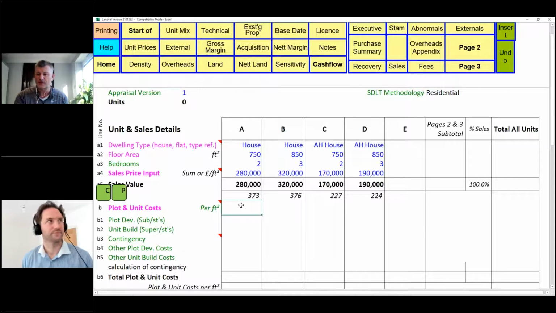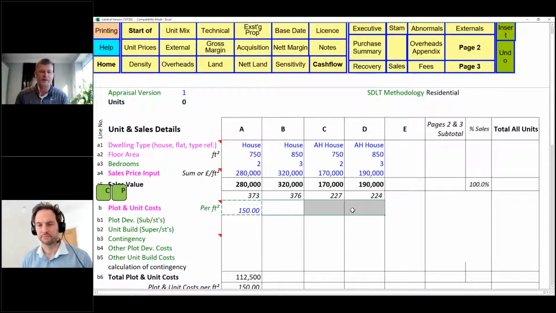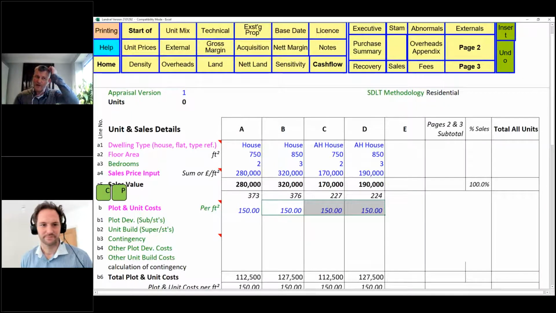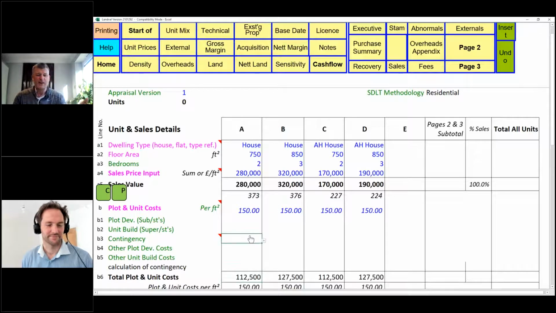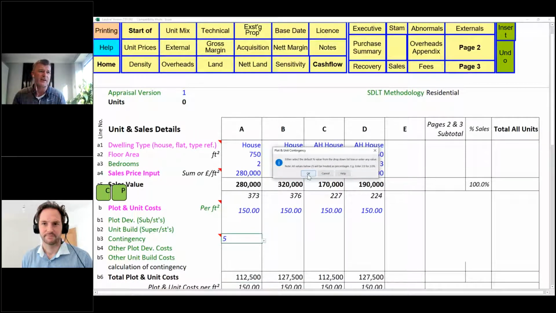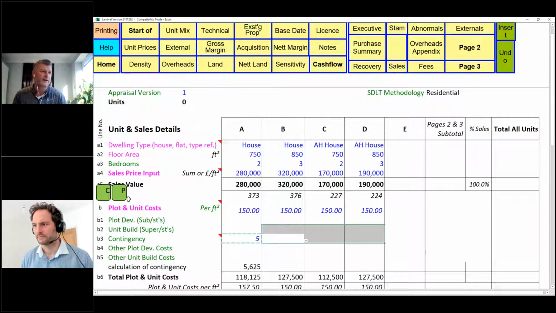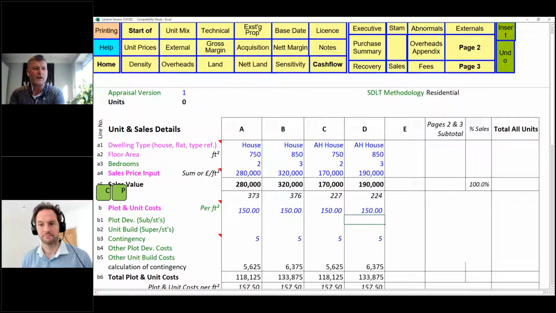Or you can simply use a figure that I know is roughly about right: 150 a square foot, and then you can see the totals. I can then put in my contingency if that's way out, just to cover it. You can do substructure, superstructure. You don't have to break it all down.